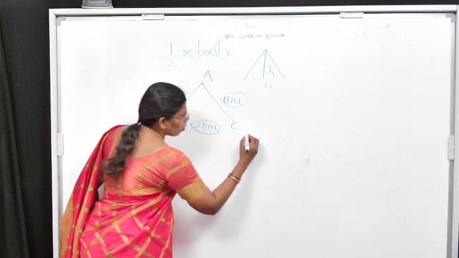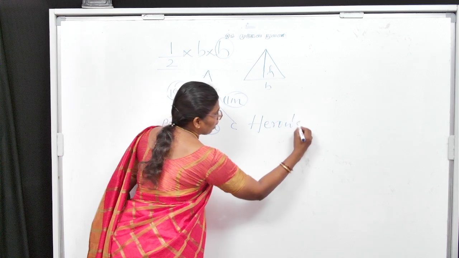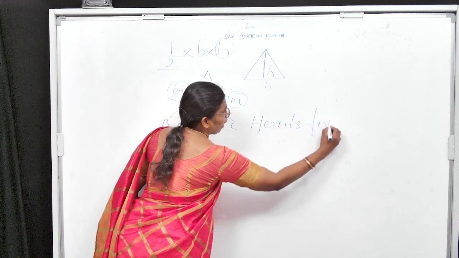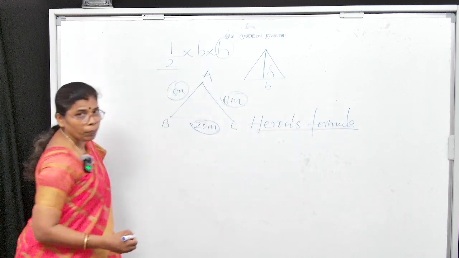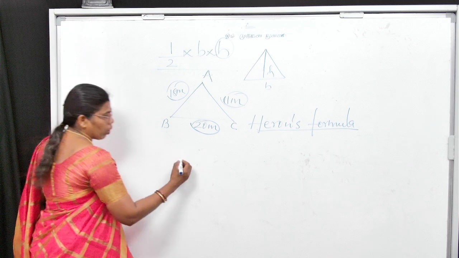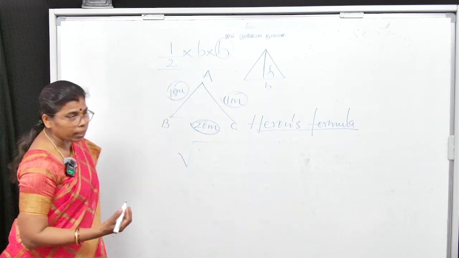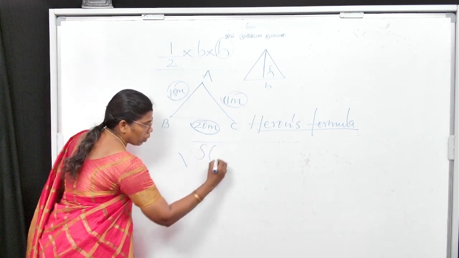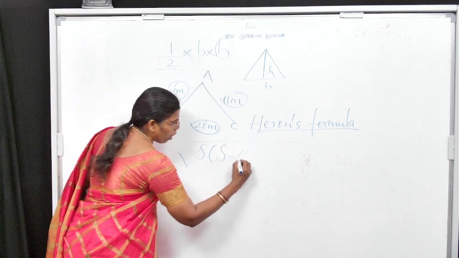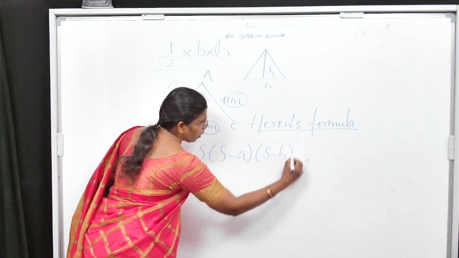So here I am using Heron's formula. Today let us see how to find the area of a triangle using Heron's formula. So what is Heron's formula? It is a formula to find the area of a triangle. The formula is square root of s into s minus a into s minus b into